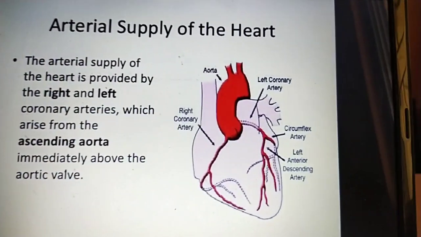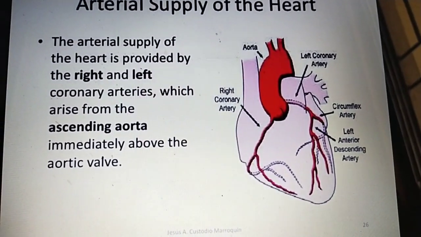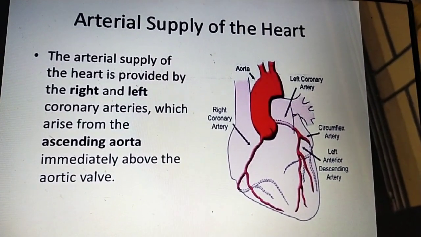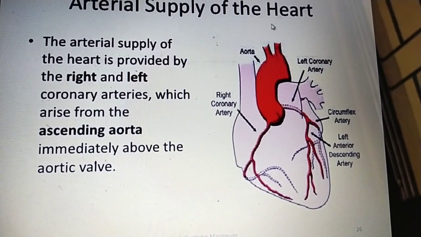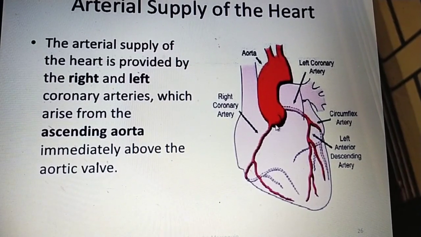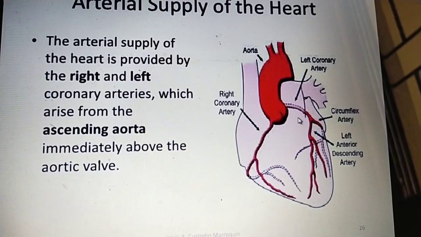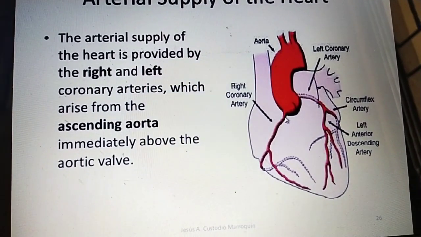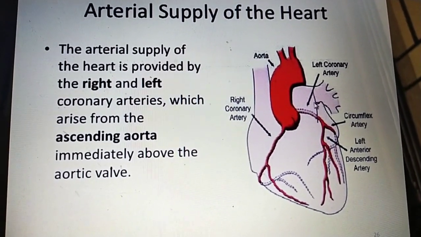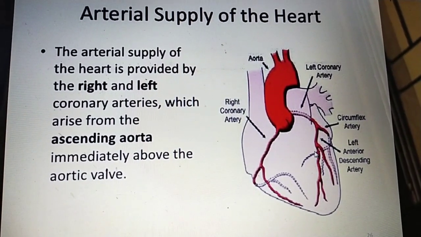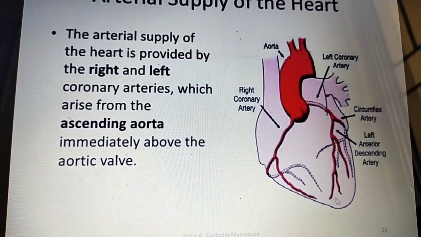Now we can go for the blood supply of the heart. I already explained the aortic root gives the blood supply through the right coronary artery and left coronary artery. Right coronary artery from the right coronary sinus, left coronary artery from the left coronary sinus. Right coronary artery moves along with the coronary sulcus, and left coronary artery is with the interventricular sulcus. We already discussed this in the external features of the heart.